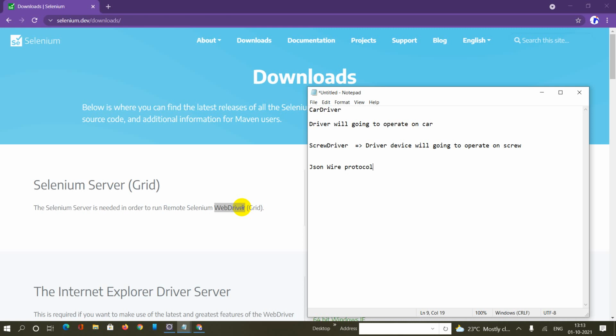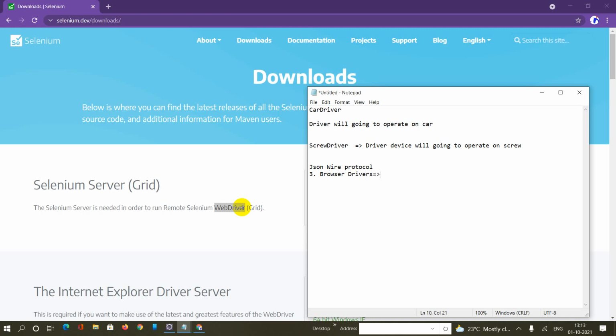Browser driver is the third component inside my Selenium WebDriver architecture. There are multiple drivers available here, and they are supported by Selenium. Each browser has its own implementation of the W3C standard that Selenium provides.